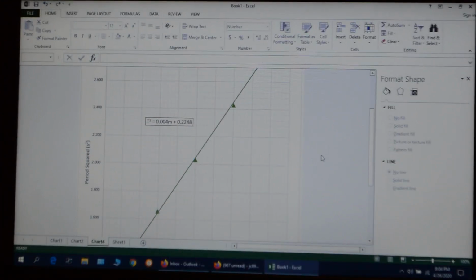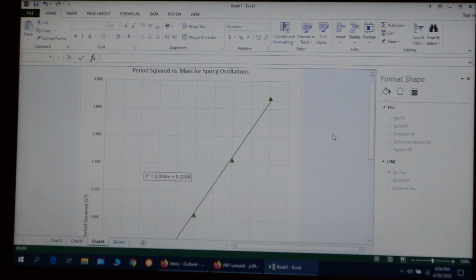The only thing left to do then is do the calculations to find the k values from the slopes for the spring oscillations and also for the Hooke's law for the spring, and then compare those. Okay? So that's it for this